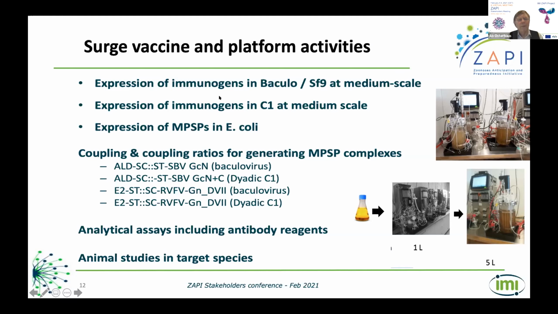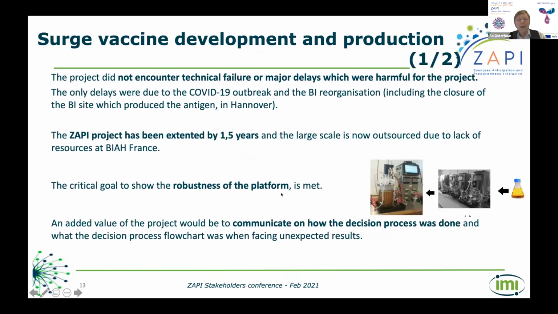to the platform activities. So it's expression of the immunogens in either Bachelor or C1 system, and the MPSPs in E. coli. There are different possibilities also to swap the things. And here you see coupling ratios for generating these complexes, analytic analysis, and animal studies in the target systems have been done. And continuing along this line, we see here that